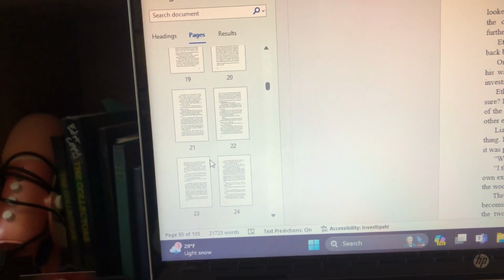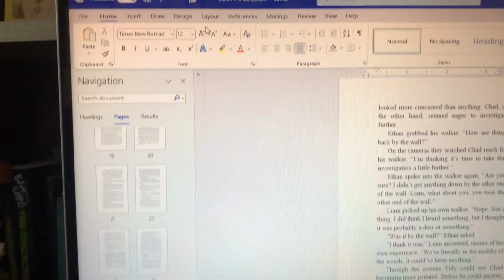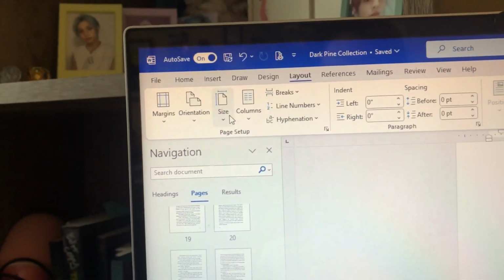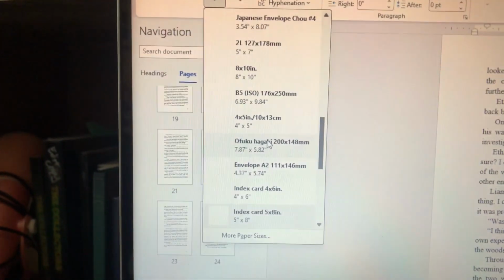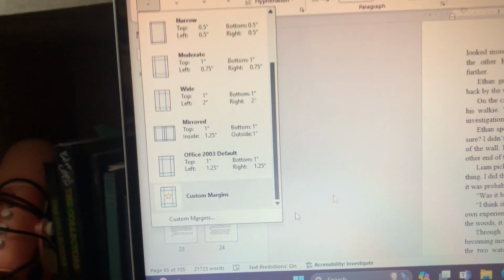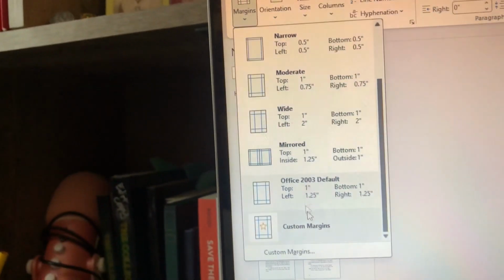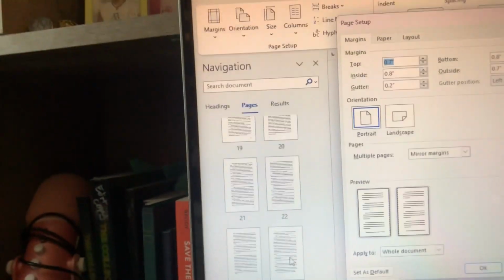for the most part, I will start off with the page size. This is 5 by 8. I typically just go into here, set the size, set the margins. Now this is custom margins. To start off, I usually go either moderate or narrow, depending on the story, but this says custom margins mostly